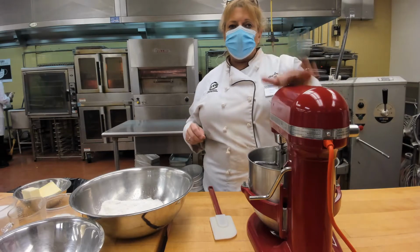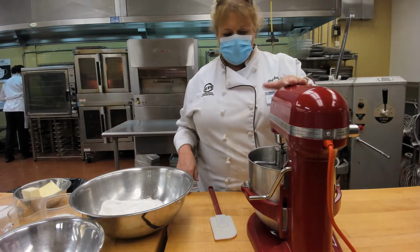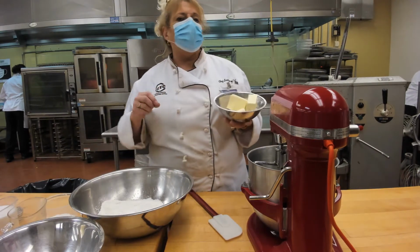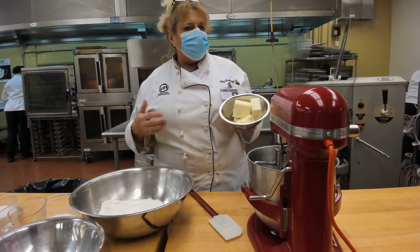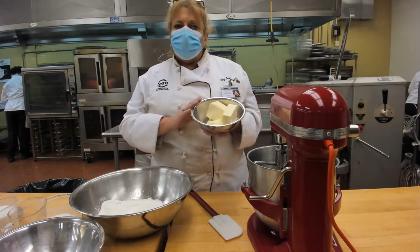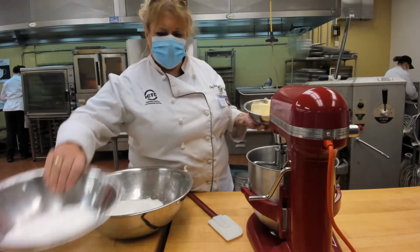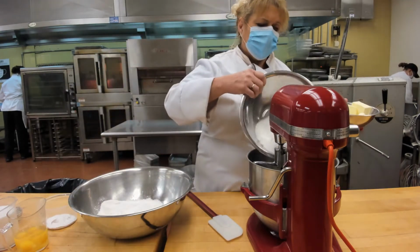We're going to do a creaming method yellow butter cake. Creaming method means we're going to start with our butter or our fat. Other forms of fat would be Crisco or oil, but creaming is also always started with the fat and the sugar. Okay, so I have my sugar, I'll place it in my bowl,